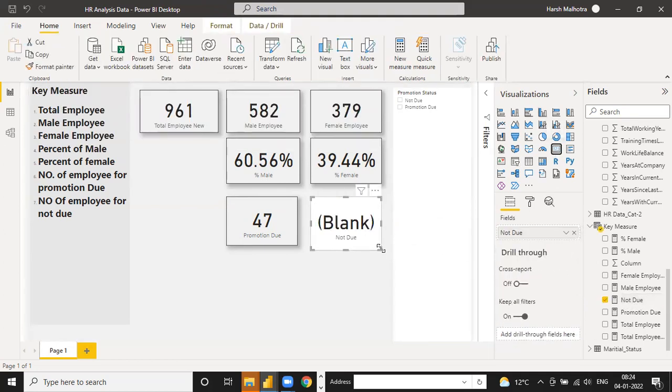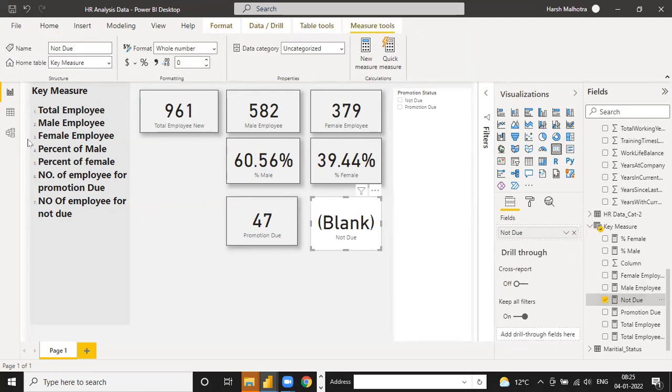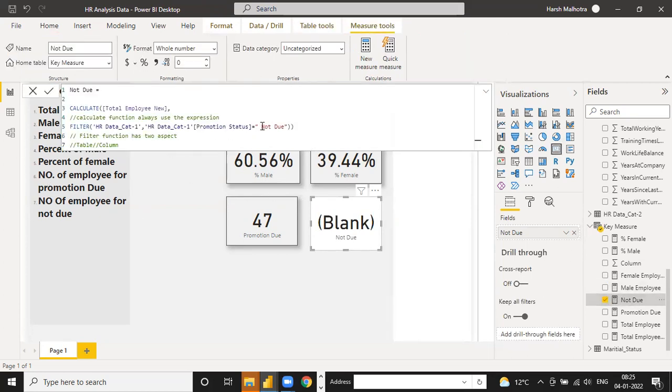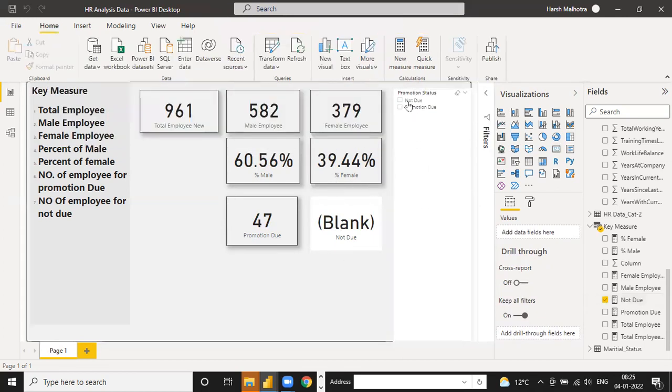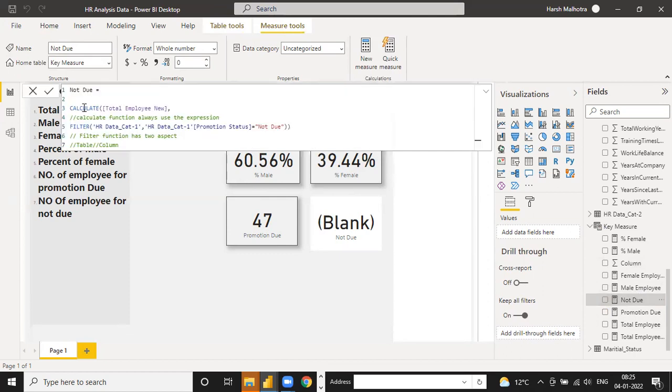Check that the spelling is correct. Calculate total employee filter, promotion status, not due.